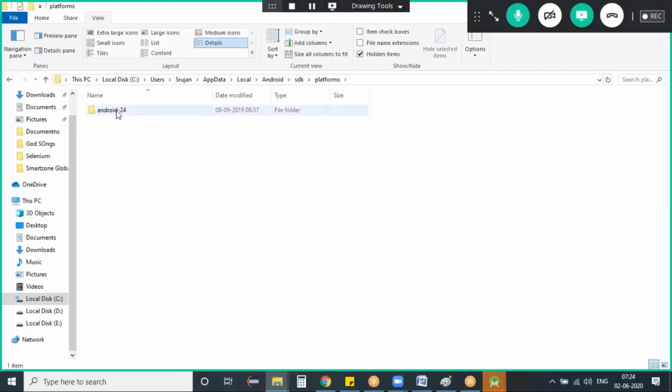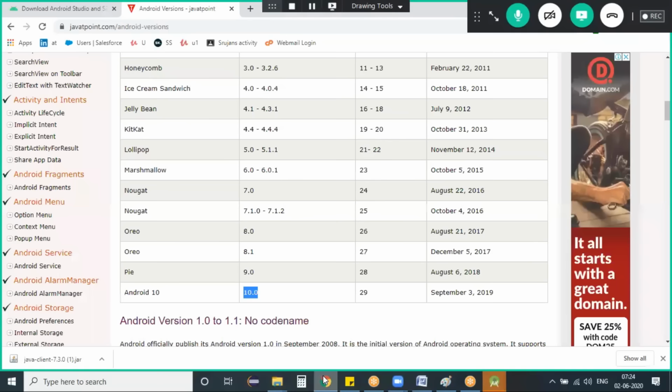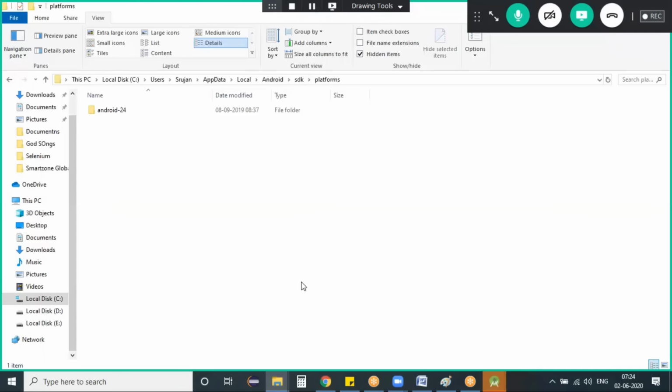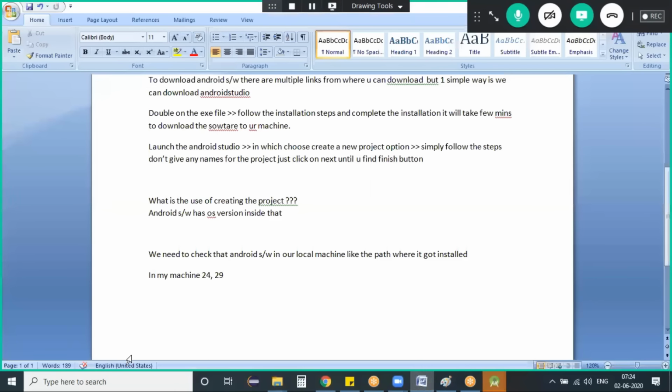So here Android 24 is an API level. 24 is an API level. See here, 24 is Nougat. Whereas if you install 29, then it's going to be Android 10. That's going to be your version. Good, done the deal. We have successfully downloaded all the things. Then what needs to be done again? So the next point that we need to do is,